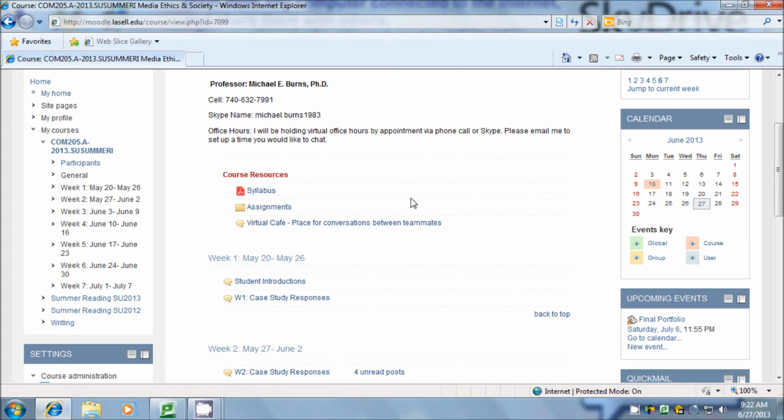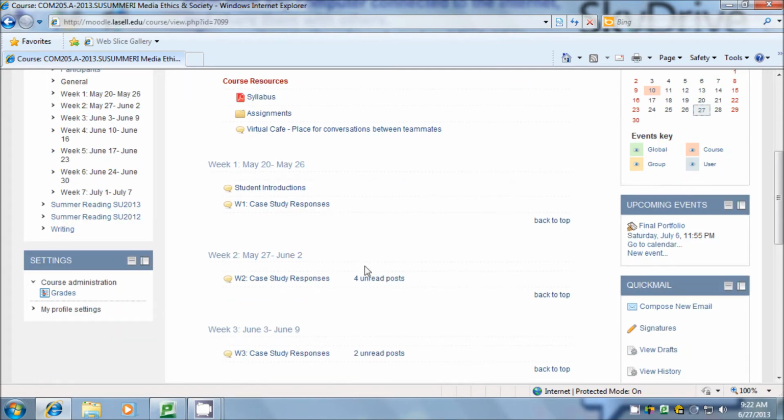Best recommendation is try to look a couple of weeks ahead just to see what's happening and try not to fall behind. The other important section that you want to look at is course administration, and underneath that, grades. When you click on that, you can see your grades for each of your classes that you're doing. So if you click on grades,